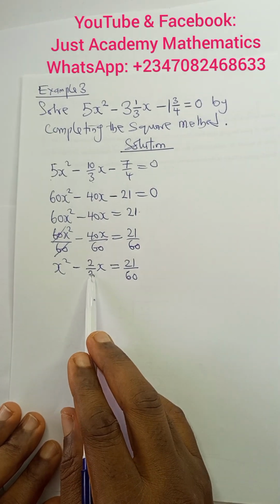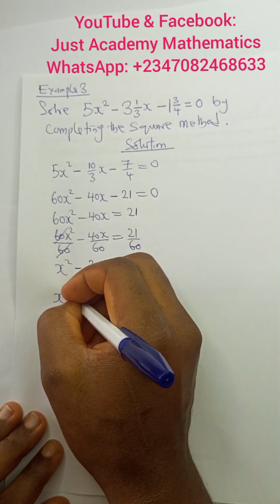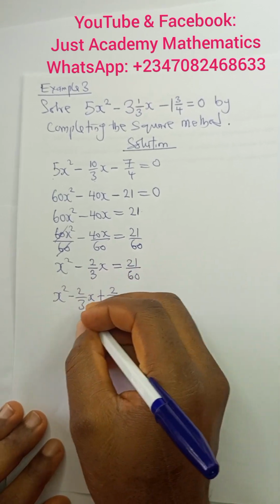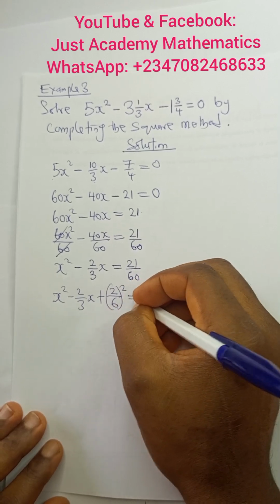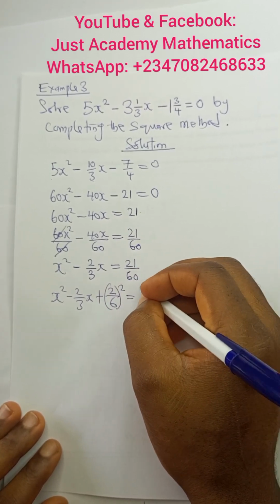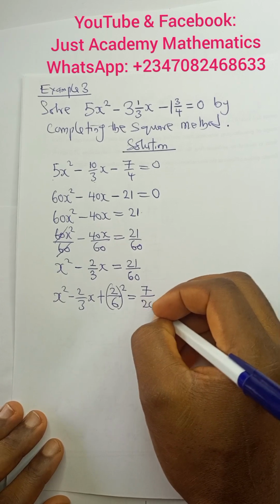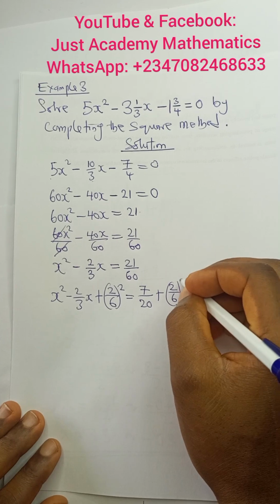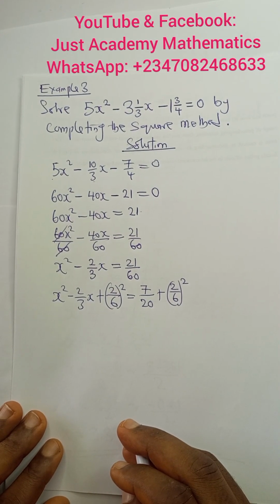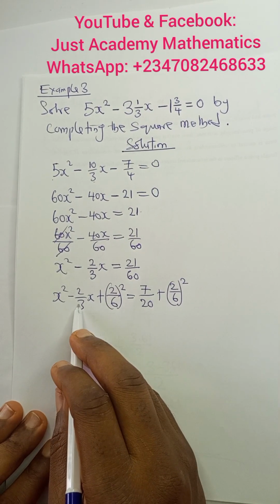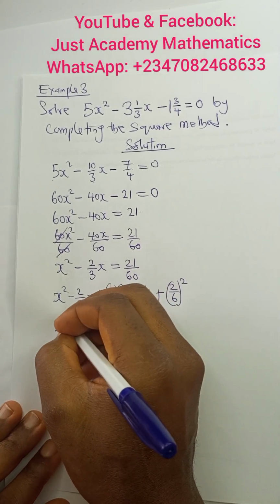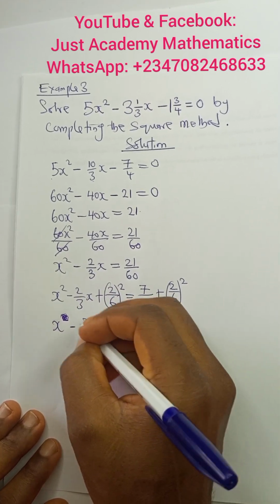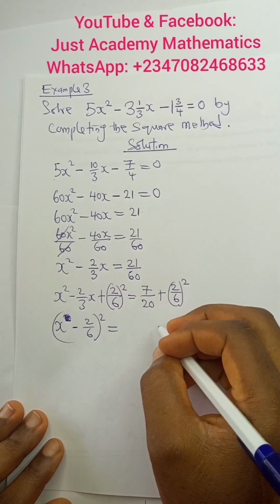So you add half of this to both sides and square it. So we have that x squared minus 2 over 3x plus 2 over 6, you times the denominator with 2, squared, is equal to, if you reduce this one now, 3 go here is 7 over 3 go here is 20, plus 2 over 6 squared. You add half of this to both sides and square. So we'll pick that x squared, since here is negative, minus 2 over 6 squared is equal to,